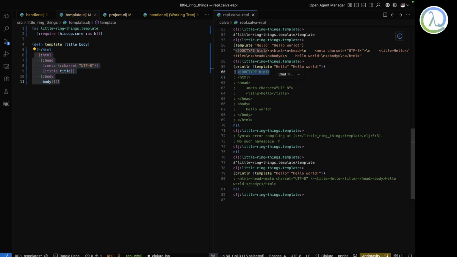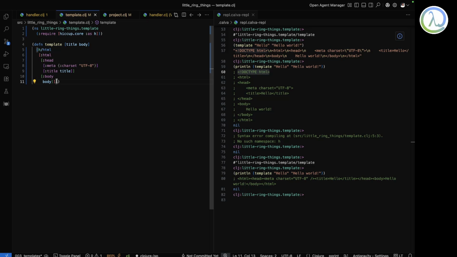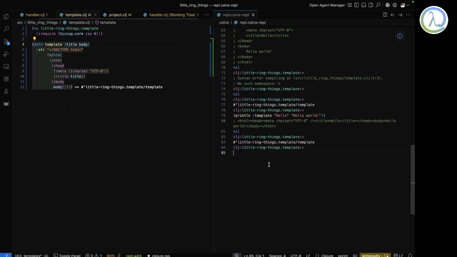So let me just copy it and wrap this with a string. So str and then I'll just put this doctype HTML. Fine, so that's it, and now I can just load this function in my REPL